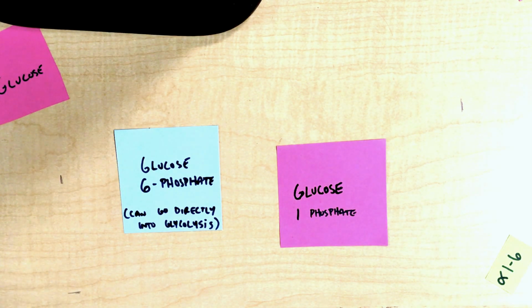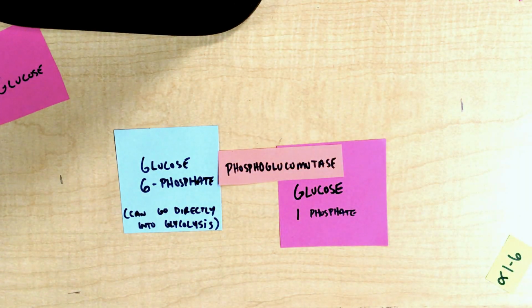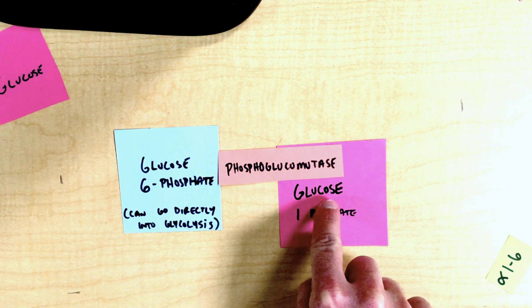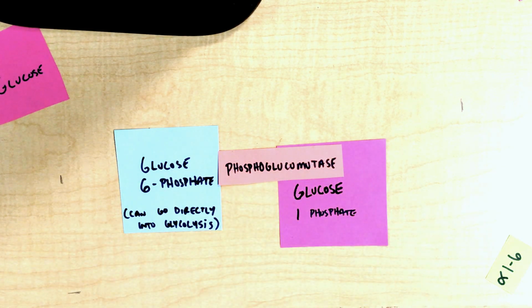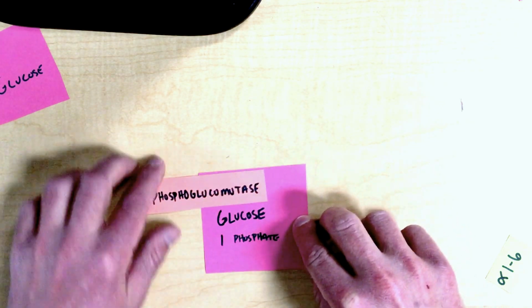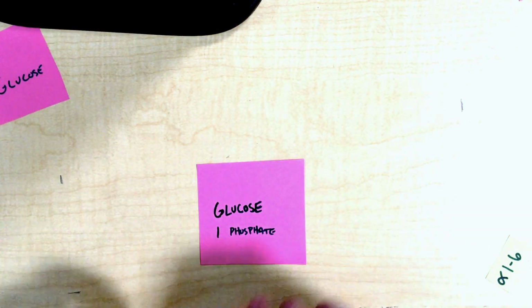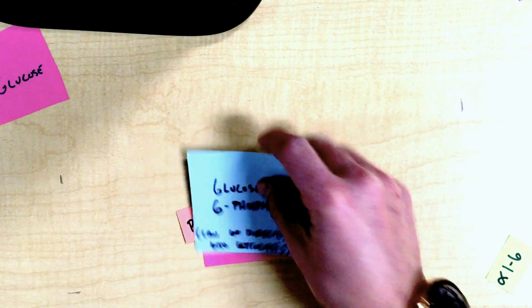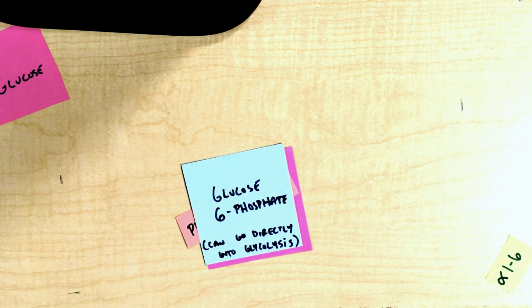That makes sense, right? We are going to do that with phosphoglucomutase. Makes sense. Phospho is what we're moving. We're moving that phosphate group on a glucose molecule, we're going to mutate it. When you think about the word mutate, you think change. So we're changing where that phosphate group is. All right? We have our glucose 1-phosphate, phosphoglucomutase comes along, and then after that, we have our glucose 6-phosphate,